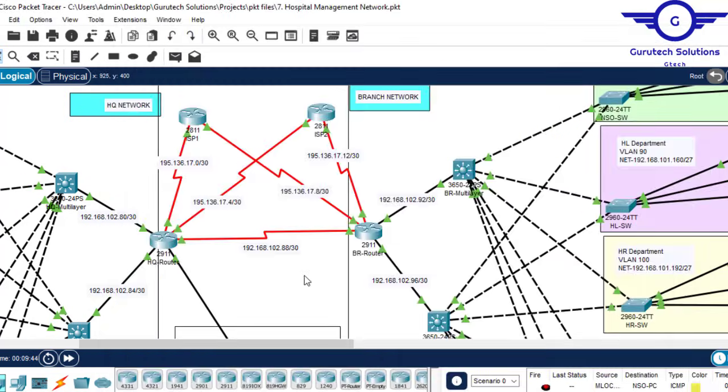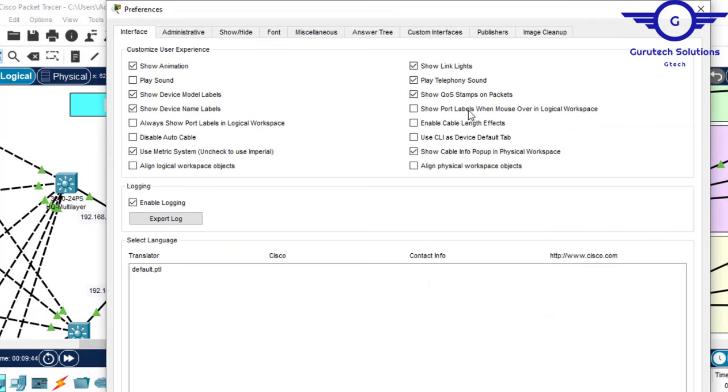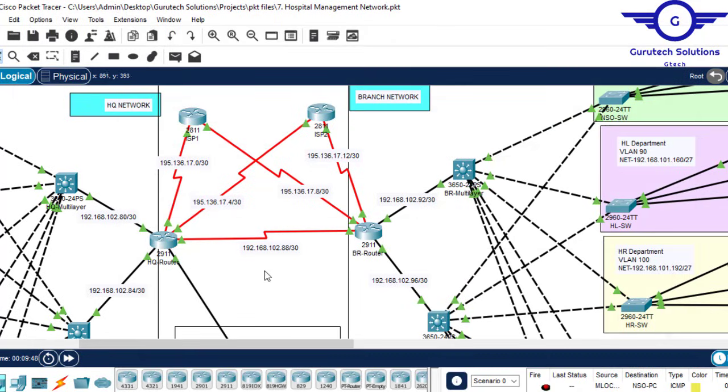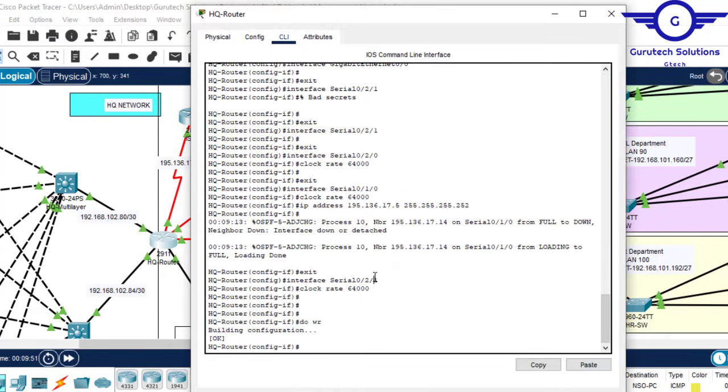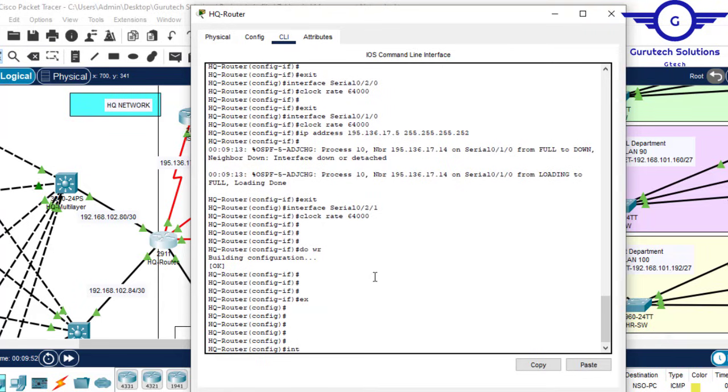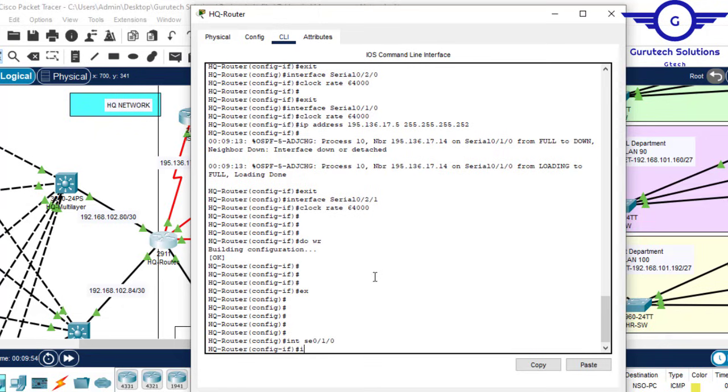Alright, so guys, we may begin configuring PAT, and before that I'll just close the interfaces. If I try to hover, I'll just do it again and show port labels. So let's start configuring PAT. I'll start on this router, so I'll check which interface this one is. This is 0/1/0. So I'll say exit, interface serial 0/1/0,